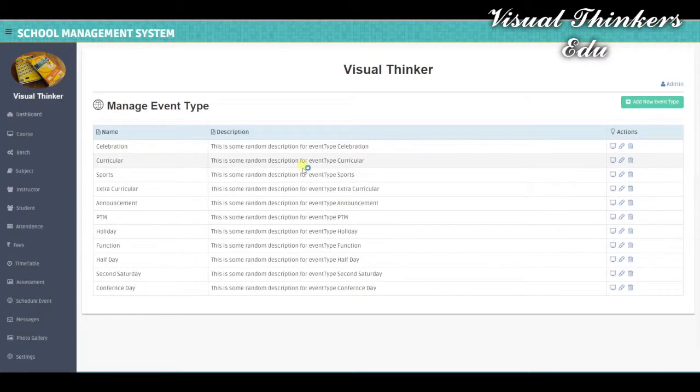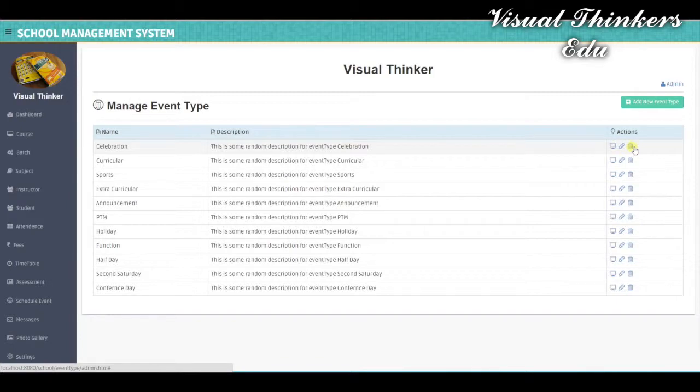Here you will see a list of events, for example celebration, circulars, sports, extracurricular activities, announcement, PTM, and many more. There are 3 buttons for each event type: view, edit, and delete.